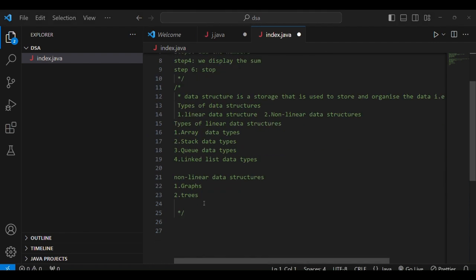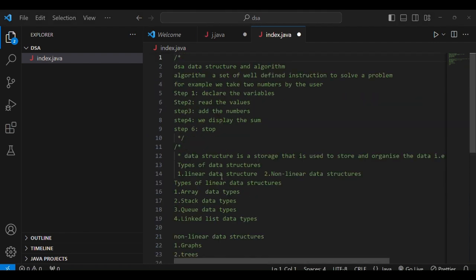This is the summary of today's lecture. I explained DSA, that is data structure and algorithm. An algorithm is a set of well-defined instructions to solve a problem.